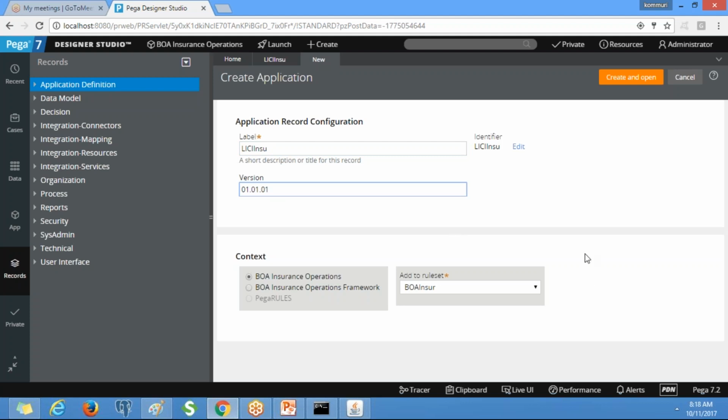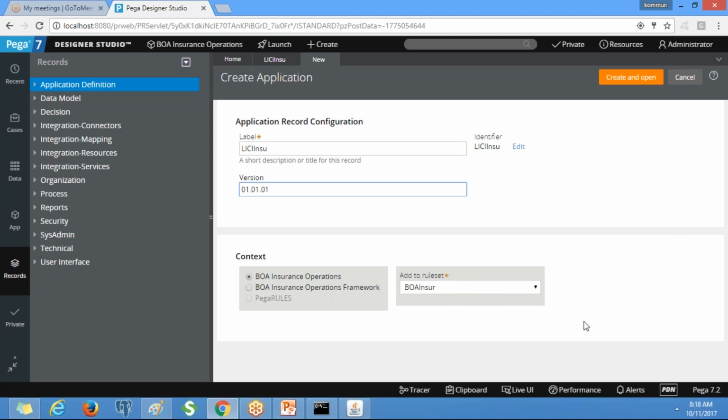See, this application is also a rule, and all the rules will be stored in a rule set. Every rule should have some rule set to be stored in. By default it is taking the BYA rule set, not our rule set.